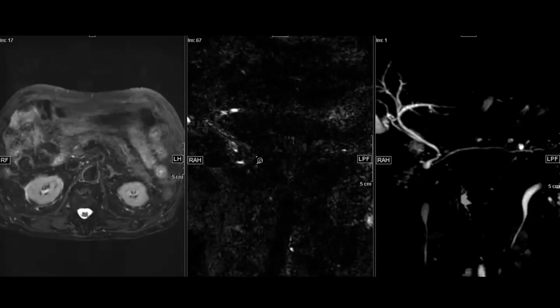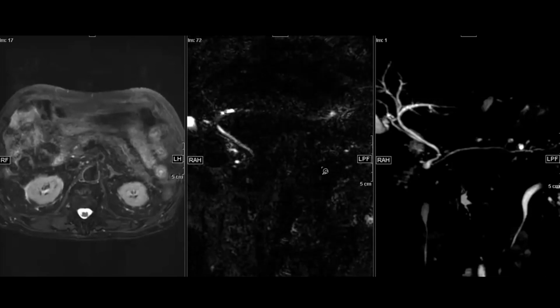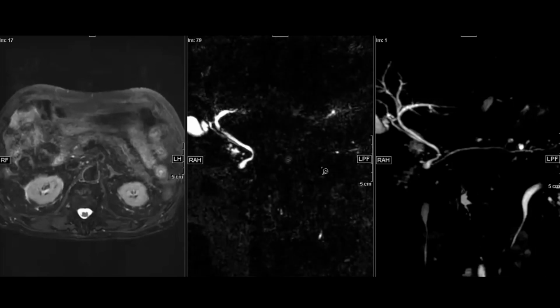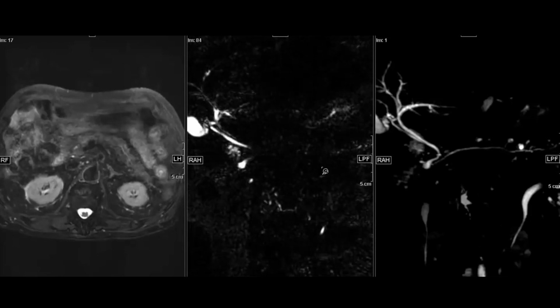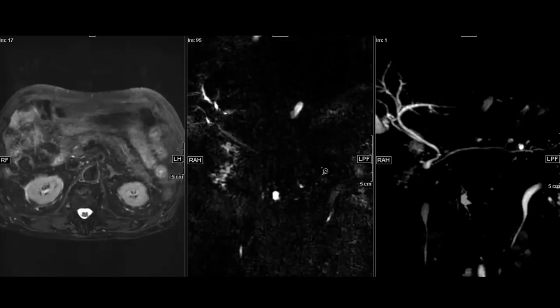Nermian, I'm sorry if I'm pronouncing it wrong, rightly pointed out, the patient also has these cystic dilatations close to the pancreatic duct, which are probably side branch IPMNs. We'll discuss IPMNs in a separate lecture, but today's lecture we are going to concentrate on this type 3 choledochal cyst or choledococele and associated pancreatic divisum.